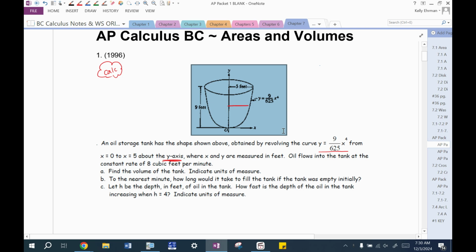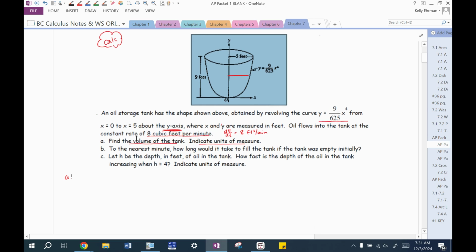Oil flows into the tank at a constant rate of 9 cubic feet per minute. So it says cubic feet per minute, so that's a dV/dt. And because we're filling the tank, it's equal to positive 8 cubic feet per minute. So I'm just going to note that for myself. Find the volume of the tank, indicate the units of measure. All right, so the volume of the tank is going to be